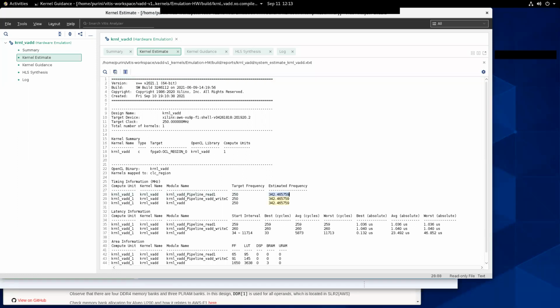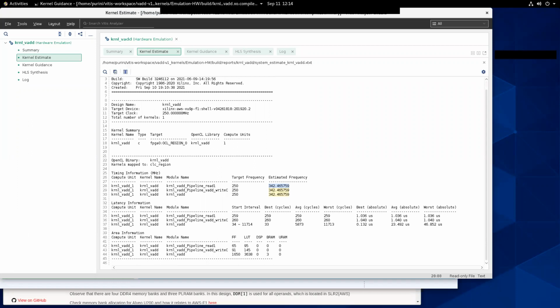And from the kernel there is only one compute unit that got instantiated. We will revisit this idea of instantiating compute units from a kernel a bit later. But in the particular design that we have, there is only one compute unit that got instantiated from the given kernel.